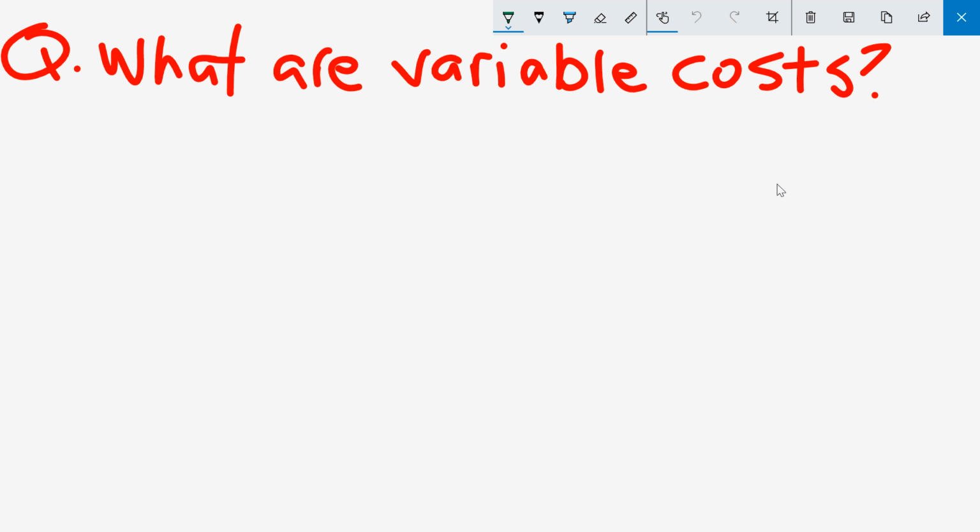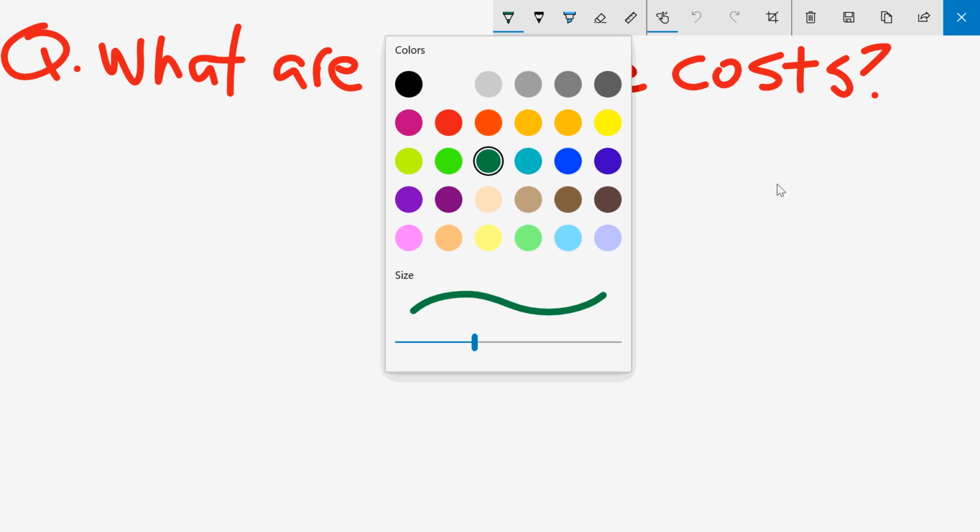Hello again. I would like to take a look at something that you may use in your life, and that is looking at the question, what are variable costs? We want to be able to know what a variable cost is and what are variable costs. So the quick answer is this: